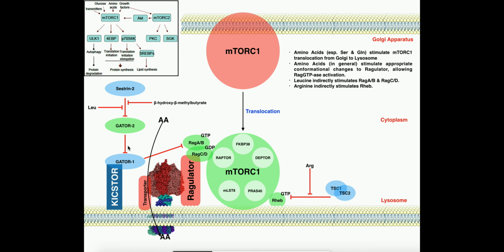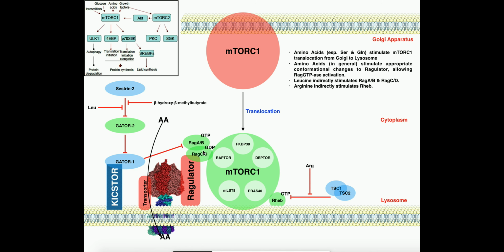Active GATOR2 is going to inhibit GATOR1. And GATOR1 is actually localized indirectly to the membrane by this protein called Kixter. Okay, it's kind of a weird name, but GATOR2, when activated, is going to inhibit GATOR1. So that means when GATOR1 is inhibited, it itself can no longer inhibit these RAG proteins, and so these RAG proteins become